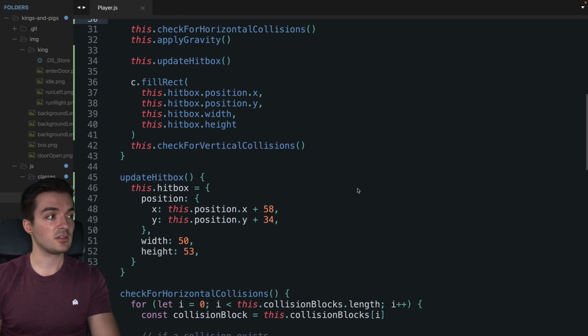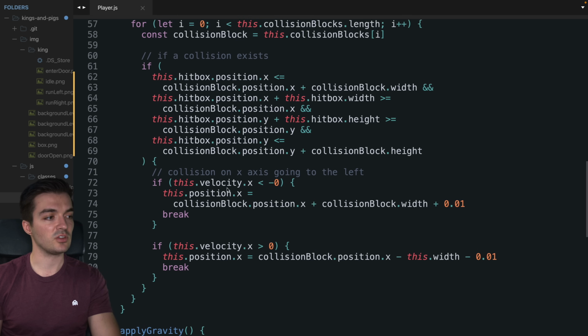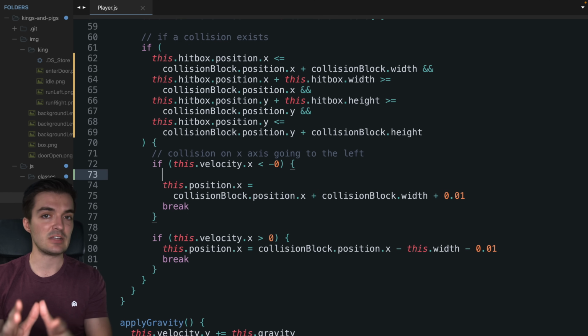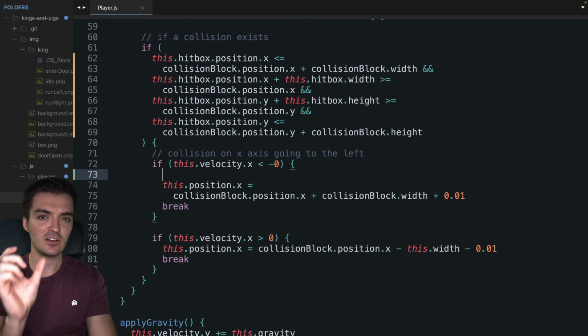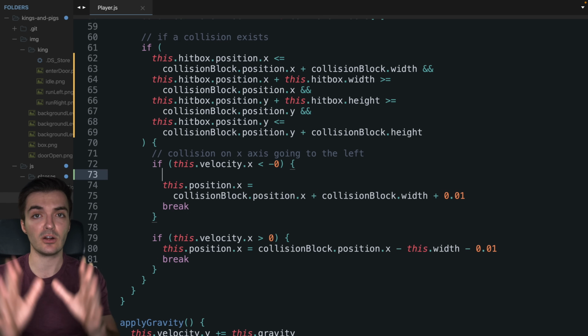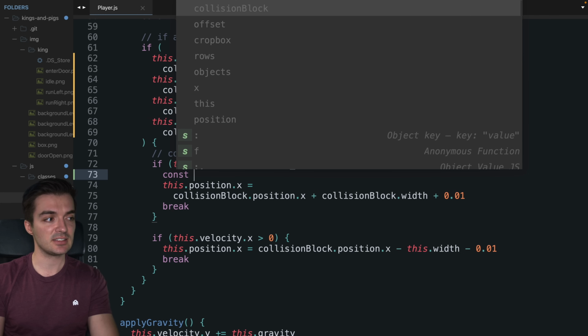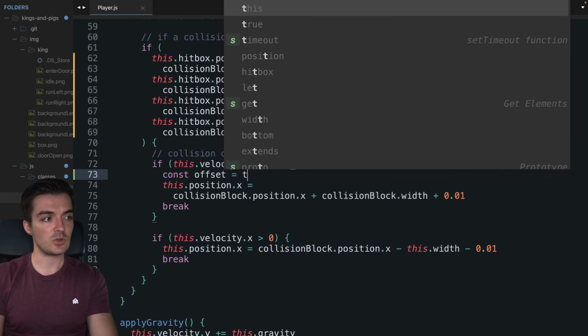So let's focus on check for horizontal collisions. And we know when we're going to the left that we need to move our player over by a certain amount, and it's not going to be completely dependent on just the collisionBlock.position.x and collisionBlock.width. We kind of need to do the same thing that we did for the y-axis. So let's get that little amount of space on the x-axis between our large outer box and our player's hitbox. We can get that by creating a const called offset, and then we're going to grab this